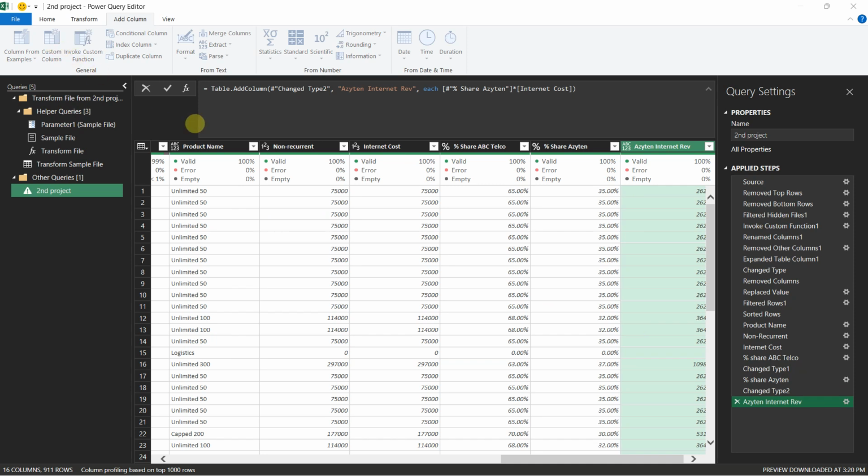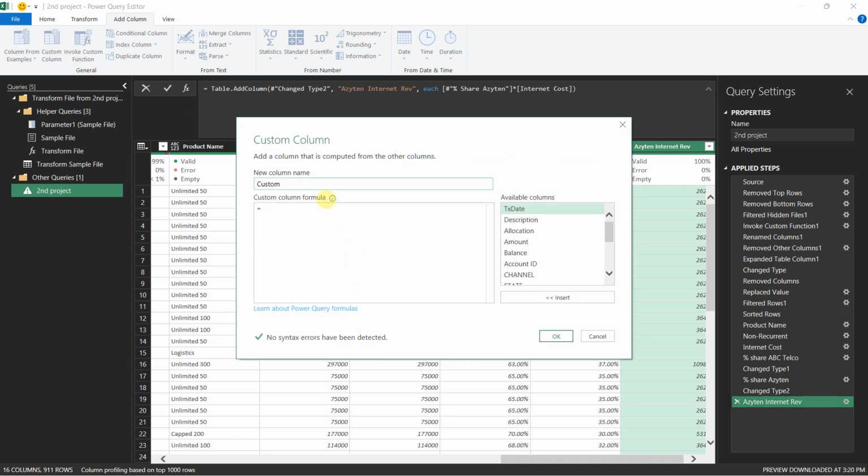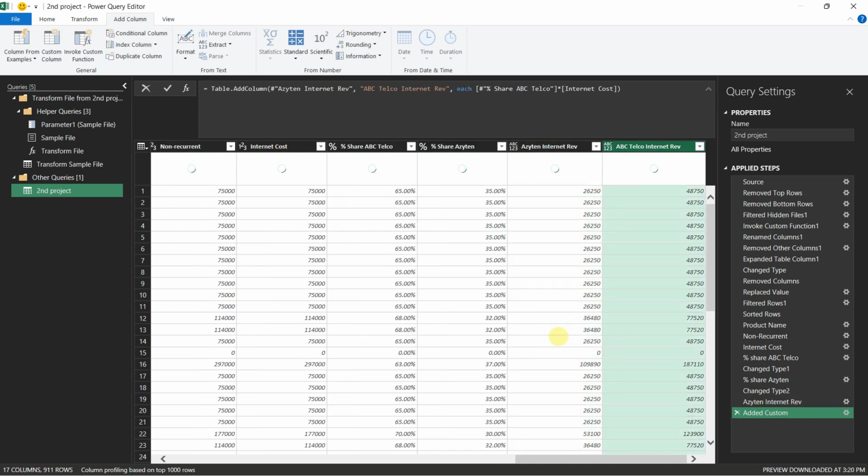I thought it would show me something simple. Then I can say ABC Telco Internet Revenue will just be percentage ABC multiplied by internet cost. And now,